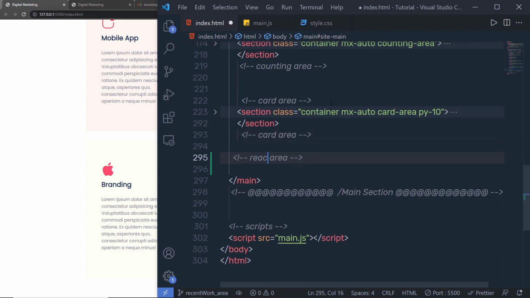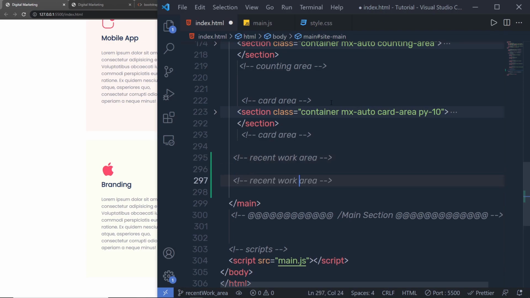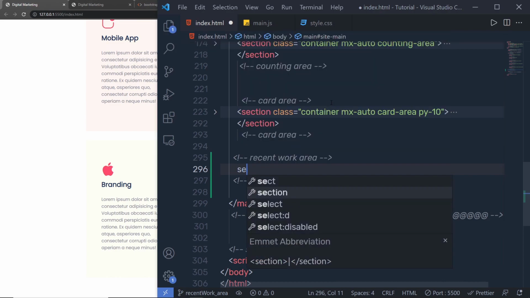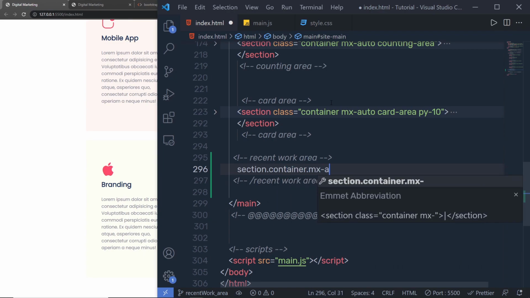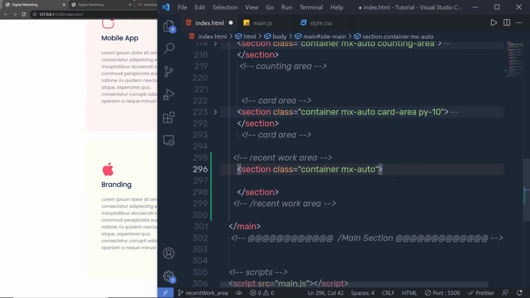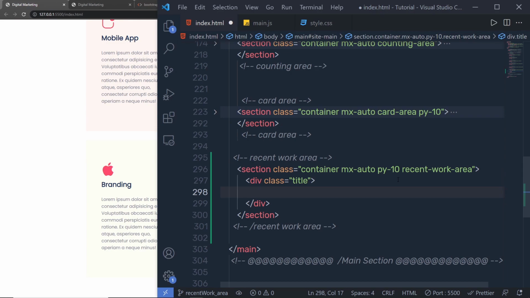for recent work. So I'm going to add here recent work area and paste that comment again to indicate this is the closing recent work. Here I'm going to create a section tag with some classes. So I'm going to specify class here, container and mx auto. And just out of that, here I'm going to add padding by 10, add a custom class called recent work area, and inside this section I'm going to add a title class, and inside this div I'm going to add